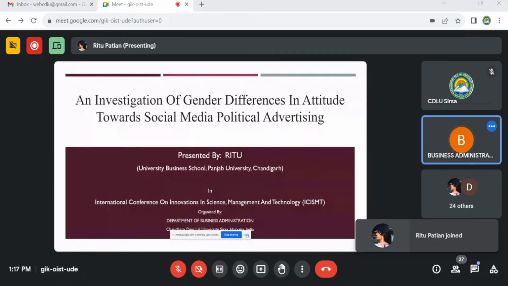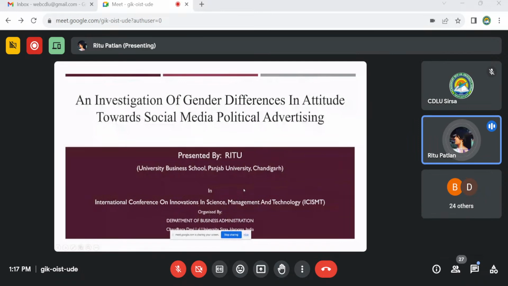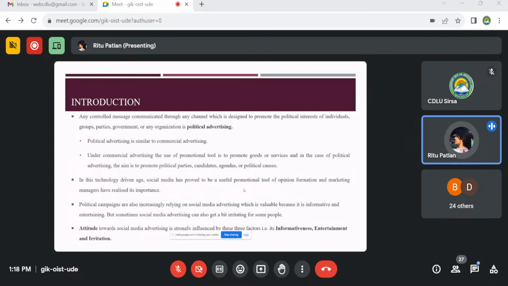It's visible now. Okay. So my topic is an investigation of gender differences in attitude towards social media political advertising. Political advertising is the same as commercial advertising, because commercial advertising uses promotional tools to promote goods or services, and in political advertising, the aim is to promote political parties, candidate agendas, or political